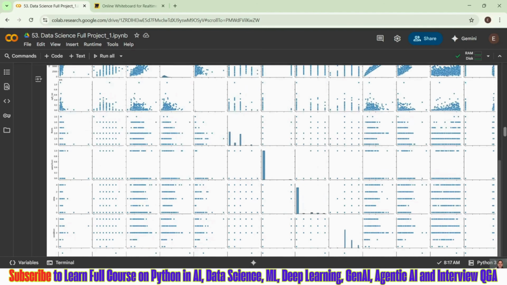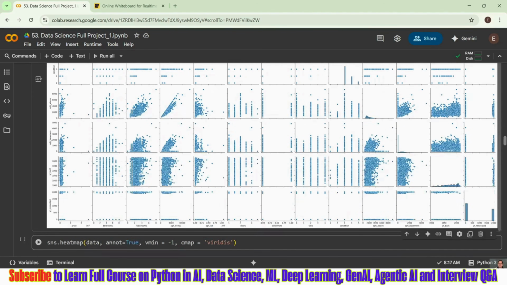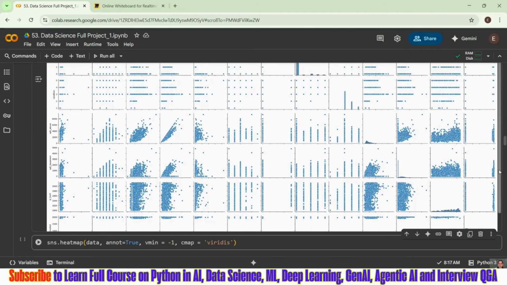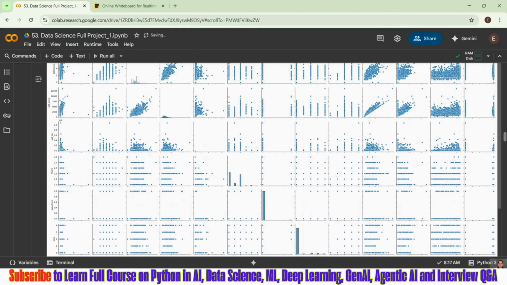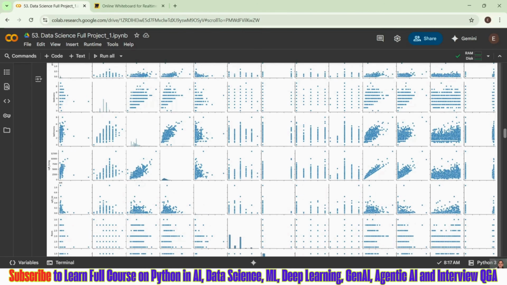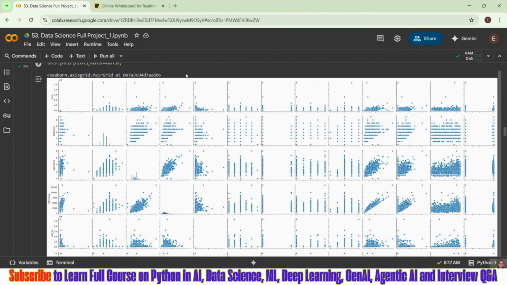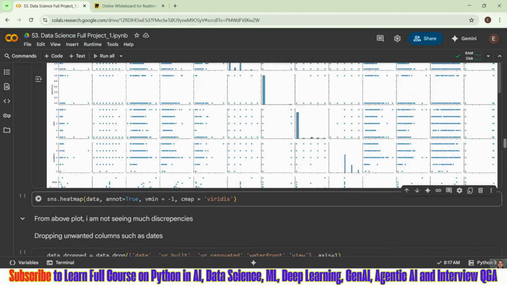So you can see, these are your histograms. These are your histograms. Most of the places we are getting histograms and mostly we are getting scatter plots, right? You can see the data, if you see this, there are very few places where I am able to see some discrepancies. Very few. It's not so high when you compare it to this very large data set. This is fine. This is considerable.